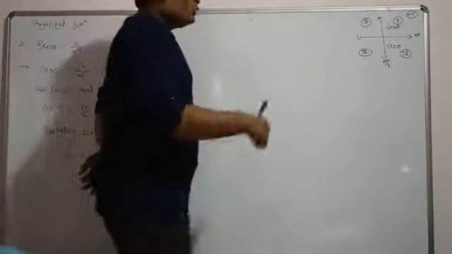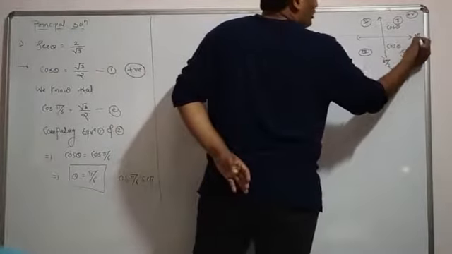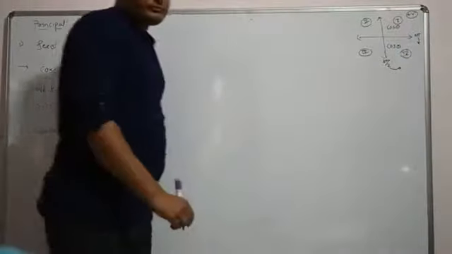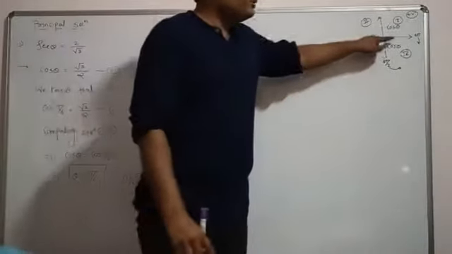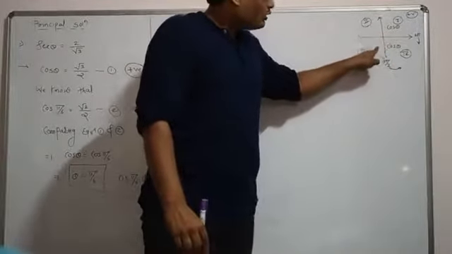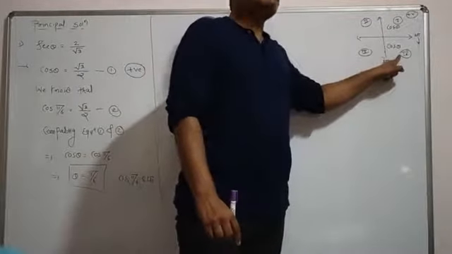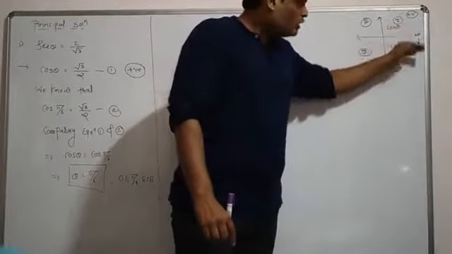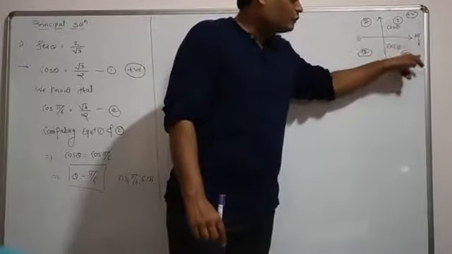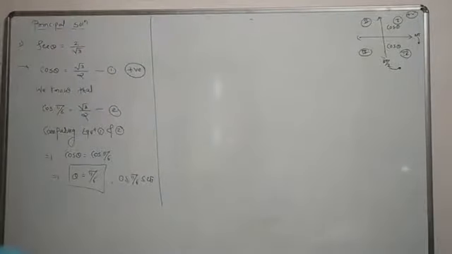So either you take 3 pi by 2 plus theta, or you take 2 pi minus theta, because you know that the standard rotations are anti-clockwise. If you go anti-clockwise and add theta, a non-zero number, to 3 pi by 2, you go to the fourth quadrant, or if you subtract theta from 2 pi, then you go to the fourth quadrant. Now you have to take one of these two. Which one do we have to select?